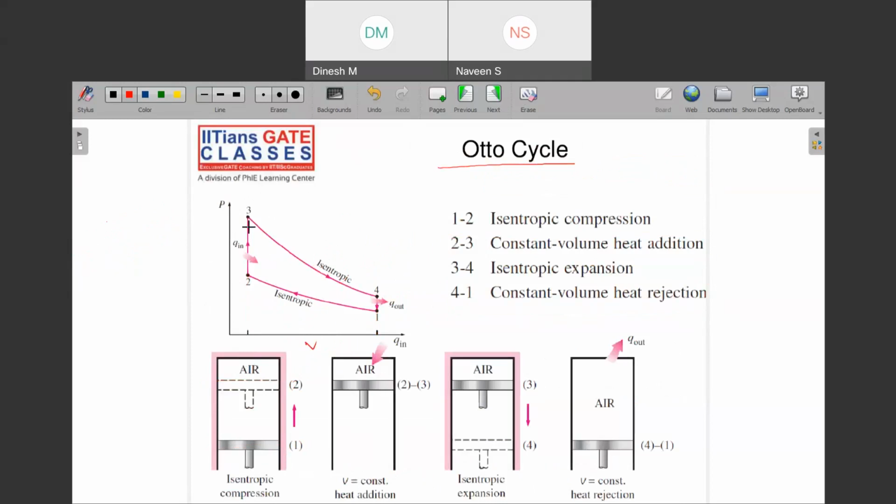What you need to check is that there should be at least two constant volume and two isentropic processes, then only you would identify that this is the Otto cycle. Heat addition and heat rejection happen at constant volume. Why is this constant volume? Because constant volume is a straight line only. Okay,